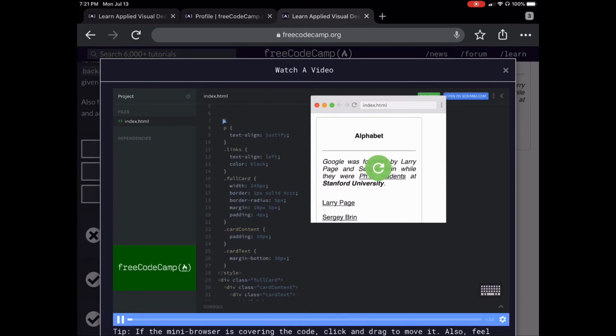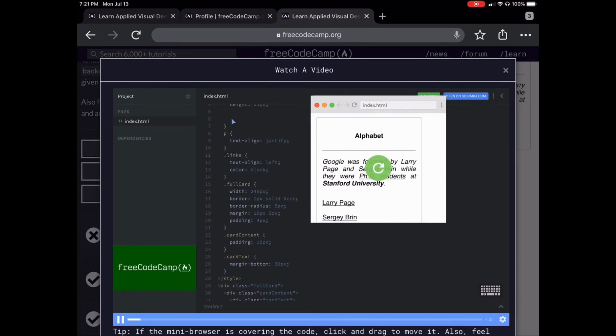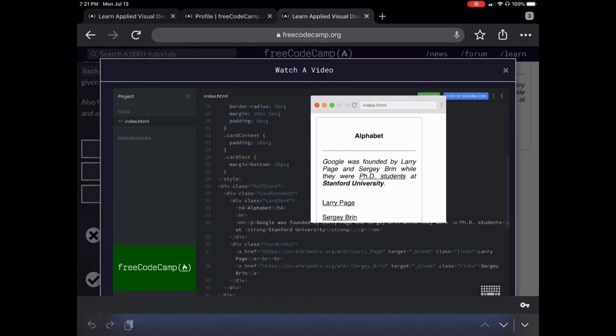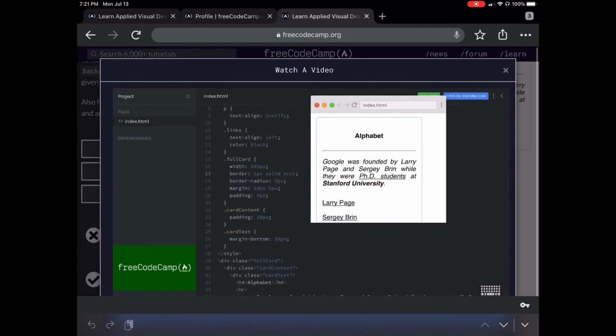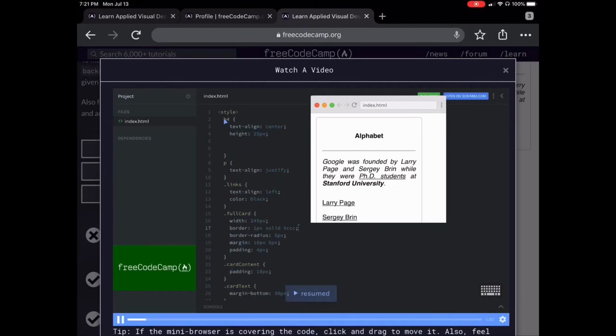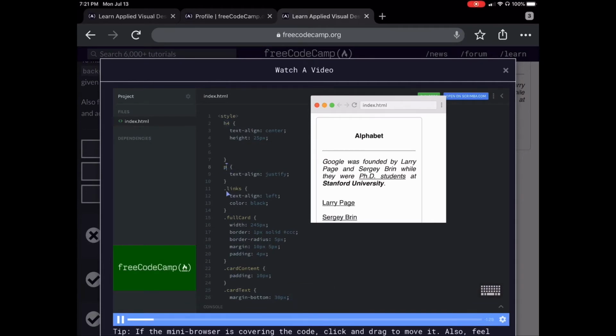You can set the background color for almost any type of element. For instance, you can set the background color of an H4, a paragraph, anything with the